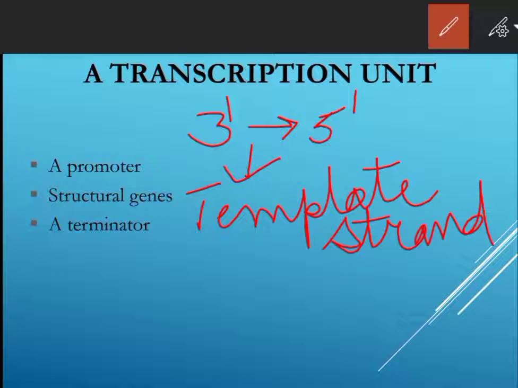The other strand, having the polarity 5' to 3', has the same sequence as RNA, except thymine in the place of uracil, and is displaced during the transcription process. This is known as the coding strand.